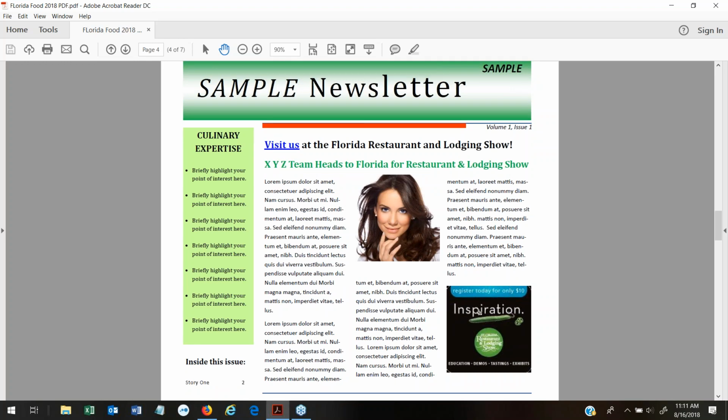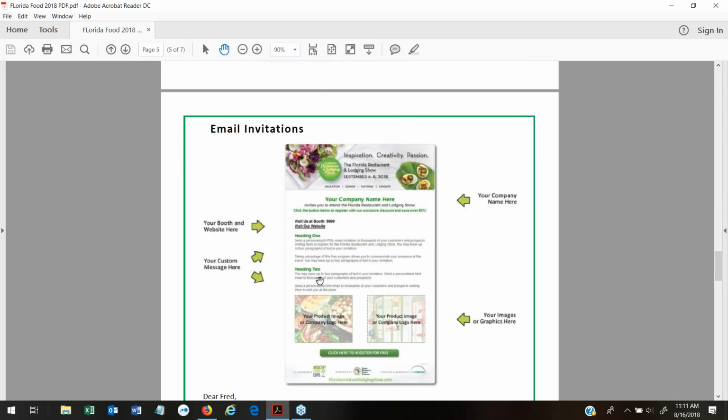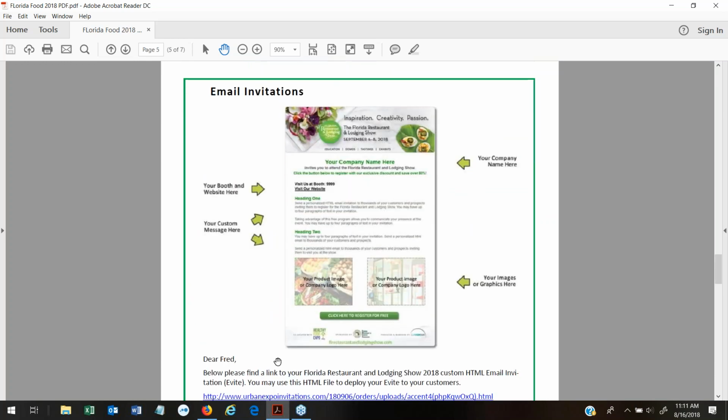Or if you do have room, we've used this banner, but you can use any one of the three. So that's about it for the web banners. We're going to talk a little bit about the emails, and we're just going to bring this up,